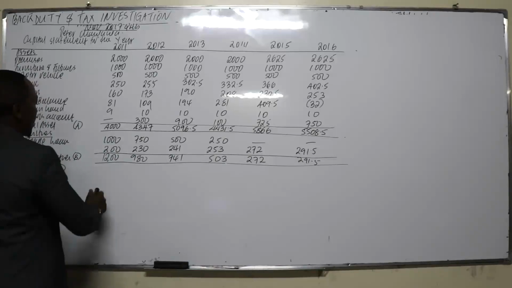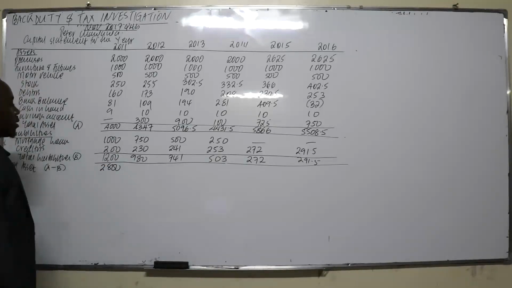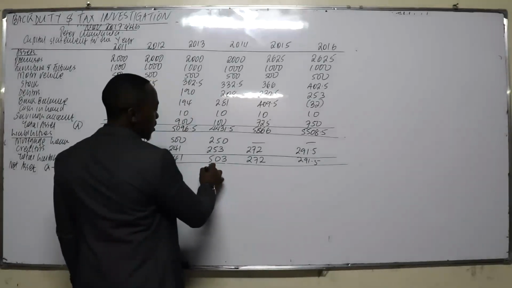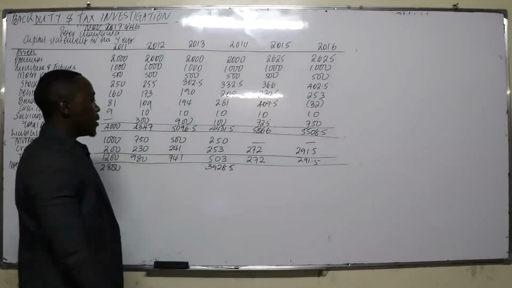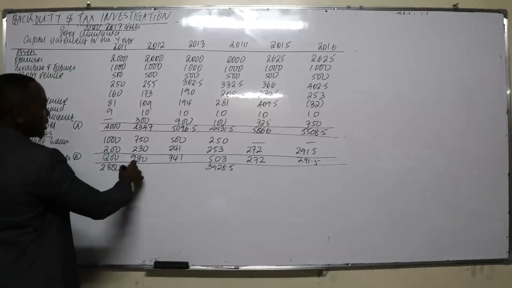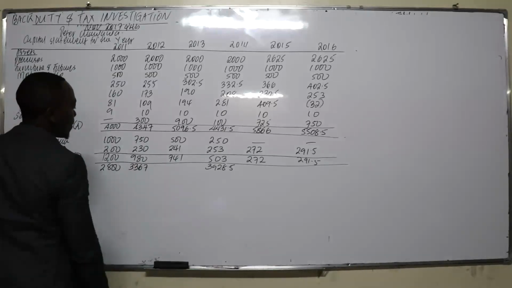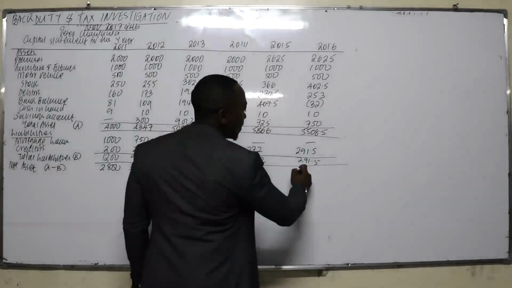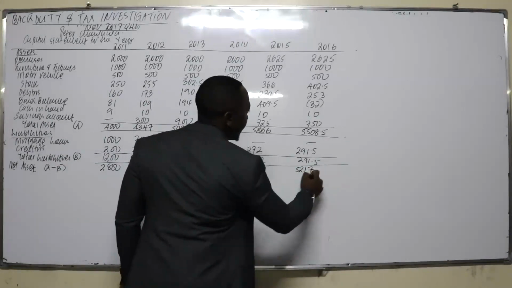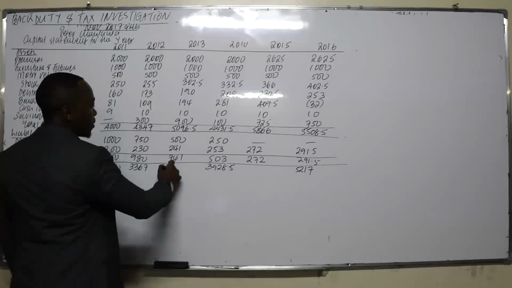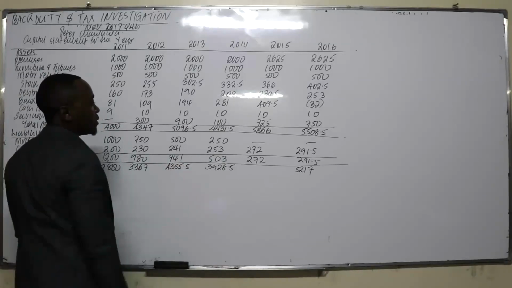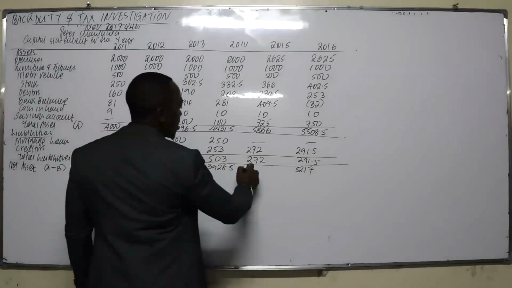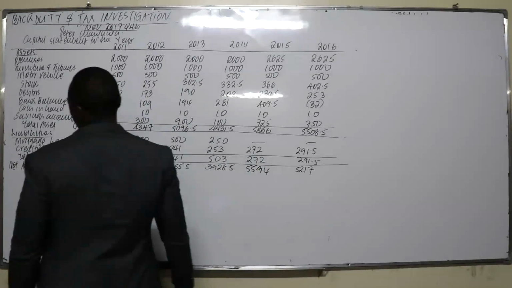Sorry? 2800. 2014? 2014? 28.5. Sorry? 3367. 17. 4355.5. 55. 94. So once we have the net asset,